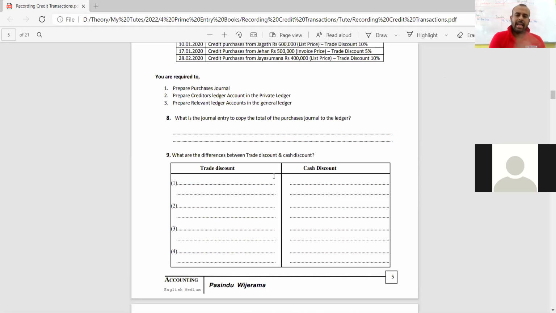Right. Cash discount and trade discount, we'll do separately next day. Then we can stop it this Friday. Tomorrow you have the class from 6:30 p.m. to 8:30 p.m. On that day we